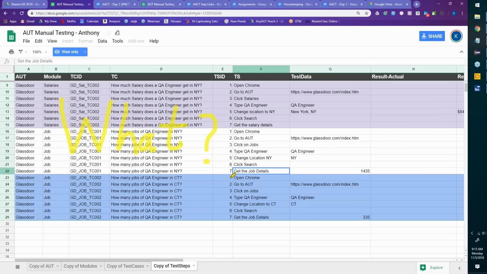Okay. Let us say open Chrome, or go to an application, or click on jobs. All this is pretty easy for humans to do. These are instructions, actions that we pass to each other as humans, one human to the other, and we can understand. But for a Selenium tool to understand, it needs one more thing, team, for sure. And that is, where is it? Where is that application? Where is the browser? Where is that login link? Where are all those things?